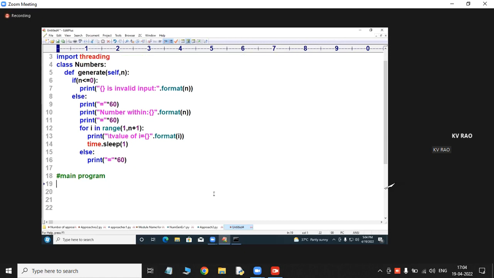How many threads are active count now at present? 1. What is that 1? The main thread. You know how to print it. You know that entire operation. Now create an object of what? Create t1 is equal to threading.Thread of target is equal to